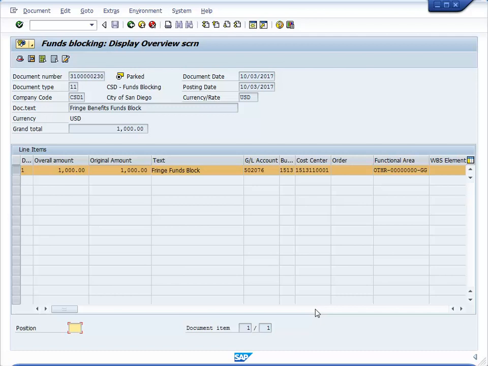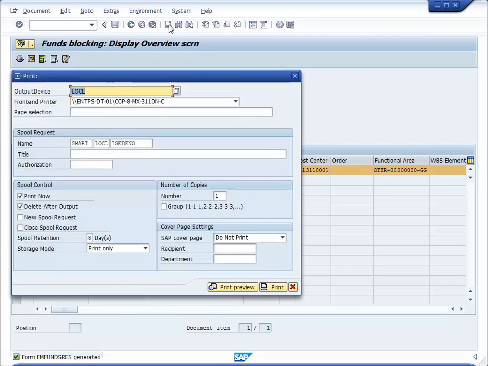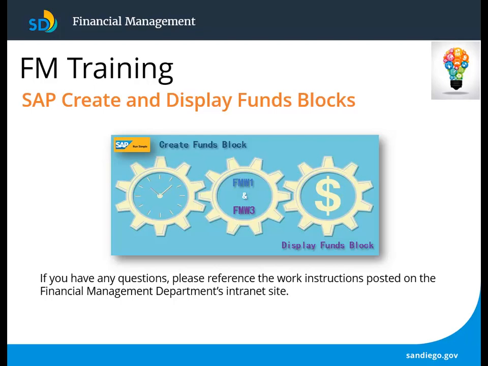To print the data on this screen, click the Print icon to access the Print dialog. Verify the Output Device field is set to LOCL and the appropriate printer is selected in the Front-End Printer drop-down menu and click Print. If you have any questions, please reference the work instructions posted on the Financial Management Department's